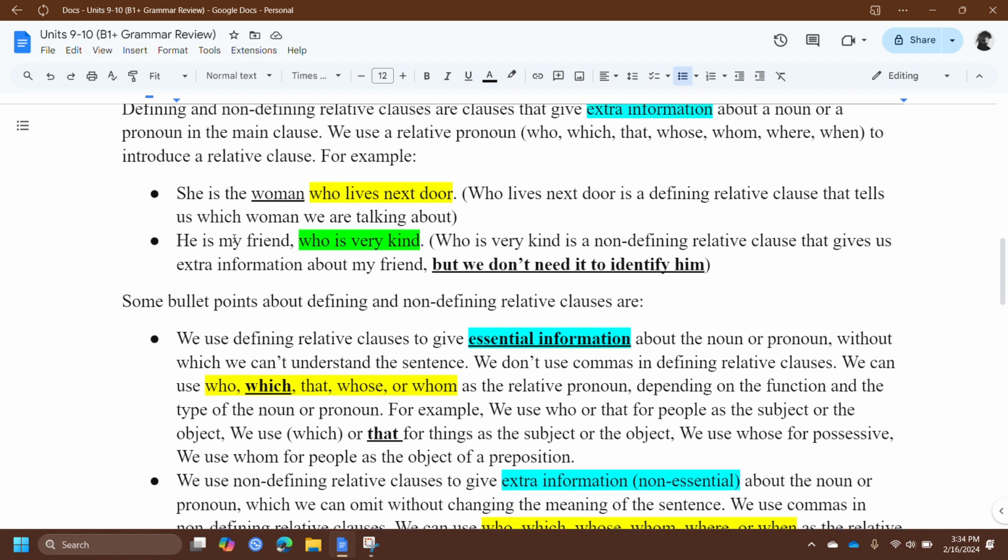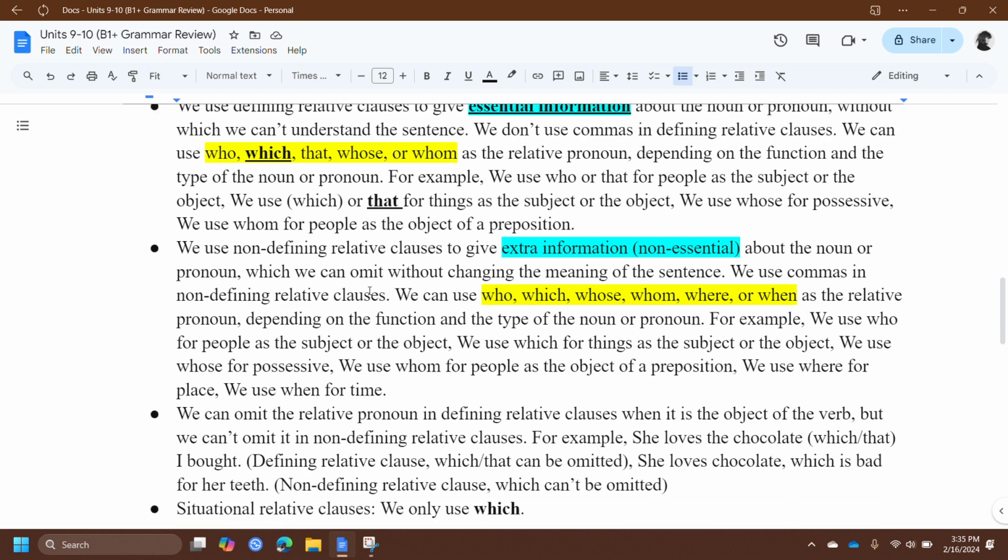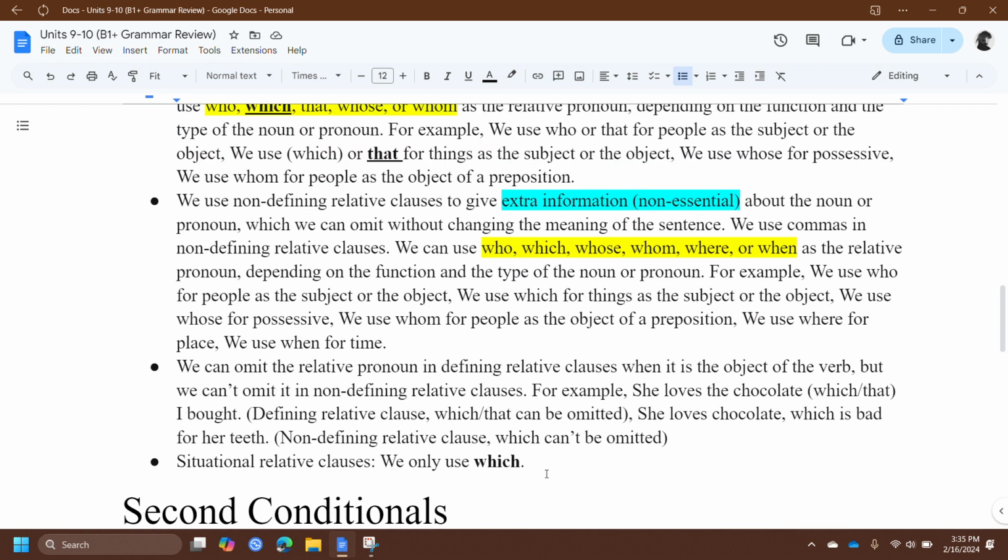So if you check in here, see, he is my friend who is very kind. So this who, or this clause completely, is talking about my friend. Who lives next door, all the clause, or just who, is talking about the woman. So just one noun. But if you come here in situational relative clauses, they kind of talk about a situation,